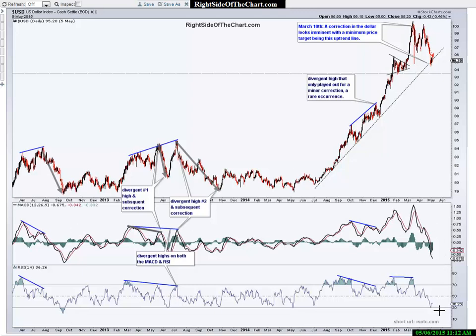So, from a trading perspective, if you weren't shorting the dollar up here, not objective, in my opinion, to short here. Very little downside potential, or I should say profit potential on the trade. But with the dollar being very stretched, very oversold, especially in the shorter term time frame, not an objective entry. So that's my take on the dollar.